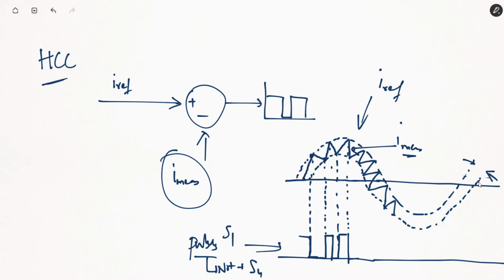So this is all about the scalar control strategies, different scalar control strategies. In the next session, we'll be starting with the dynamic modeling of the induction motor, and based upon that, we'll derive the vector control strategy as well.